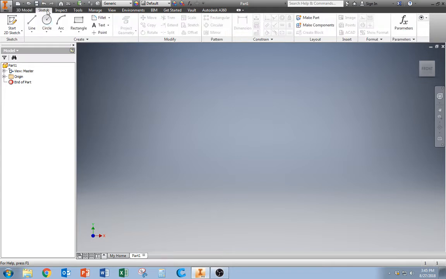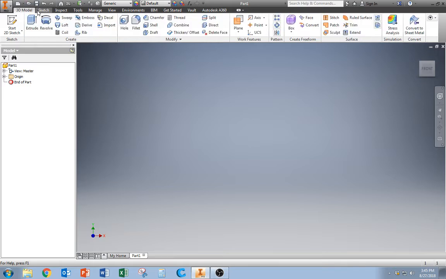To make a sketch, this is another tab that we'll use a lot. To make something 3-dimensional, we usually start with something 2-dimensional and then extrude it out. So we'll be using these 2 tabs. I'm going to click on Start Sketch,